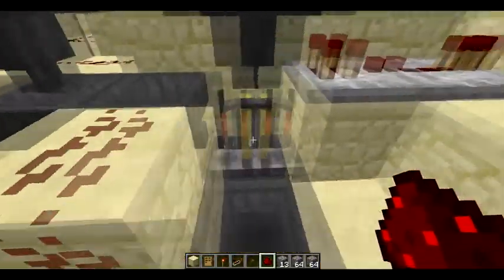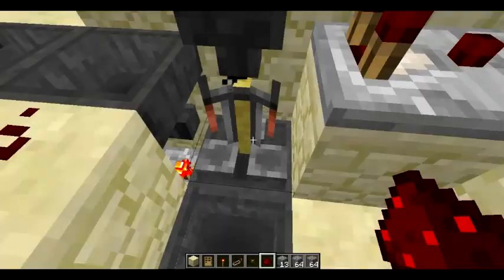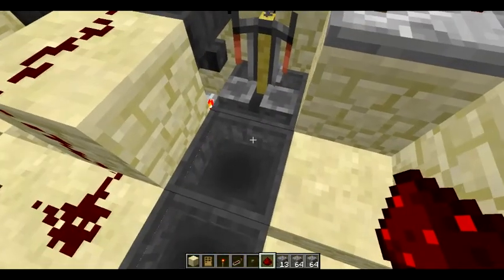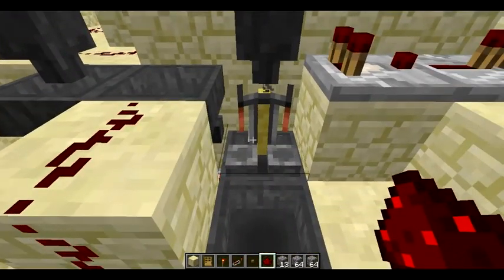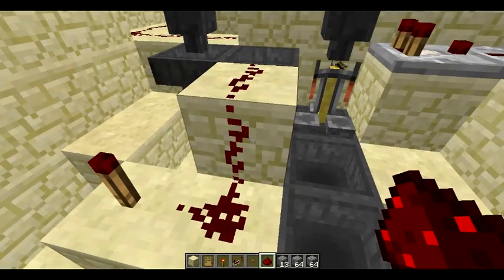So if you have excess bottles here, so let's say you had 3 bottles in your brewing stand and 6 bottles in here, what would happen is that this first potion would get sent out, and then the next potion would start filling it in before these 2 potions would even get sent out. So what this does is